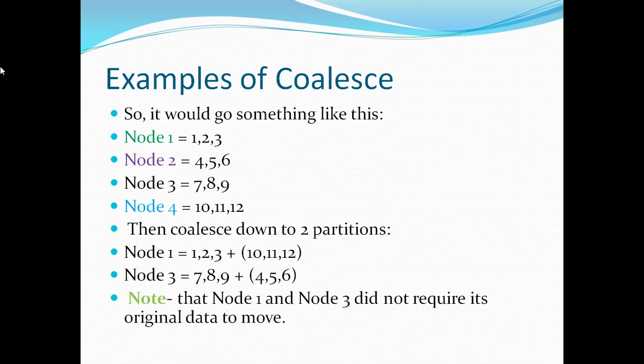So in that case the whole data is not shuffling here and there, only some partitions' data on different nodes is moving to other nodes. Only 2 nodes' data is shuffling. Node 1 and node 3 are not required to move, only node 4 data is coming to node 1, and to node 3 only node 2 data is coming. So the shuffling is very little in coalesce. That is one biggest advantage.